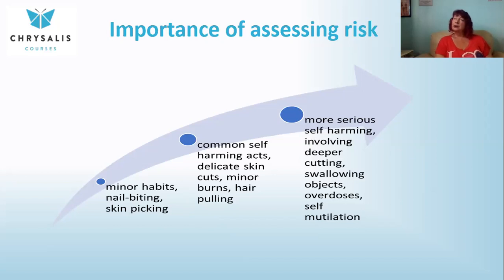So with self-harm, all models of therapy can be useful. Person-centered therapy, obviously using the core conditions, allows you to build trust and rapport, and allows the client to not feel judged and to tell their story. And they may not have been able to be open and express themselves fully with anyone else.